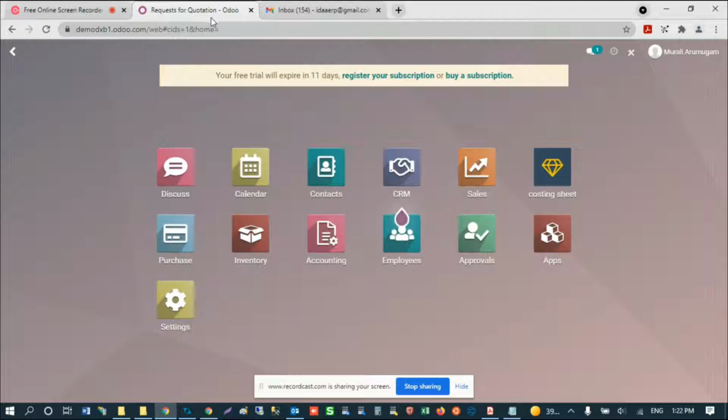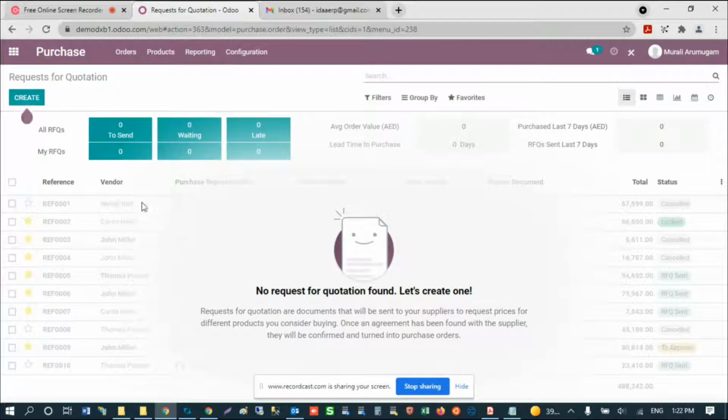Odoo is a fully integrated suite of applications. So, the purchasing module is completely connected to the inventory and finance modules or apps. So, with Odoo, you can run your purchasing, send purchase orders directly to your vendors, or you could also choose to send purchase requisitions to your vendors. And once the purchase requisitions come in from the vendors, you could then convert them into purchase orders.